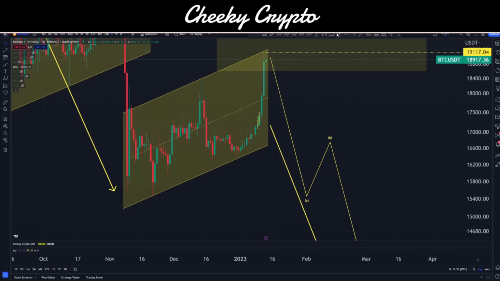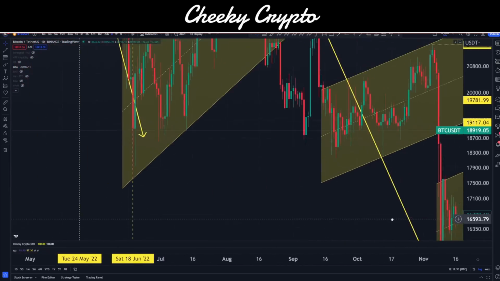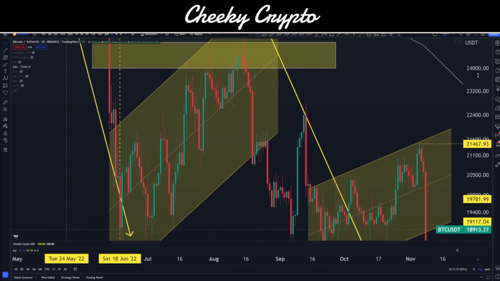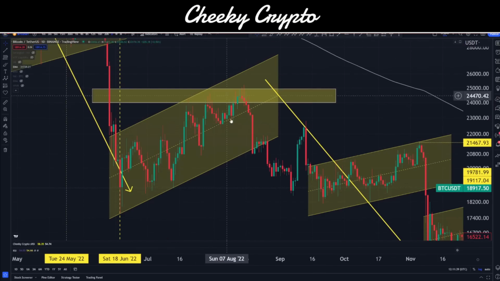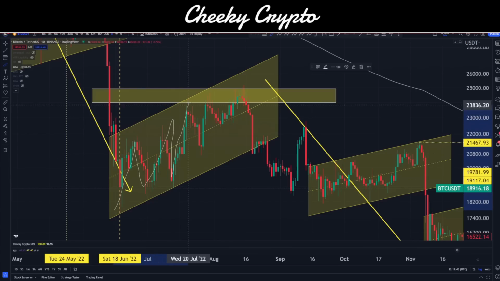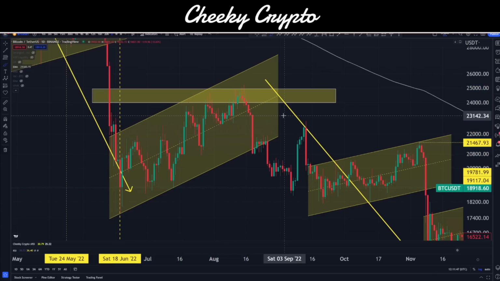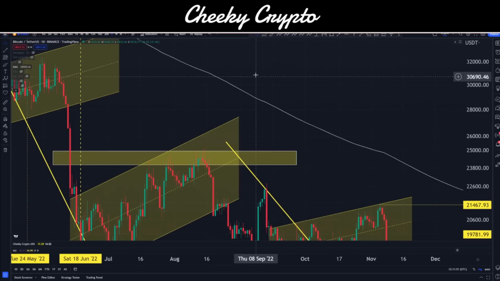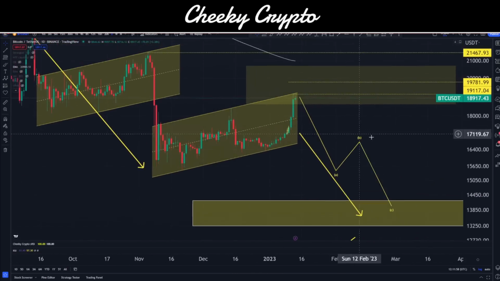And the bull market, in my opinion, has not started, and for the same reasons that it did not in June. From the June lows, we had this parallel channel just over here, and all of this overlapping structure, right? This overlapping structure that is inside here, from an Elliott wave theory point of view, is basically all corrective, not a trend. Okay, not only is it not a trend from an Elliott wave theory point of view, but also was not a trend because we were below the 200 EMA. So even from traditional standpoints, we wouldn't have been considering it a trend.